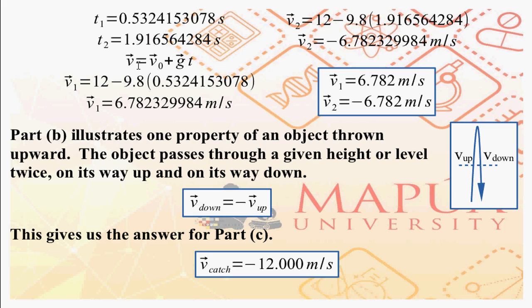We are able to calculate the two values of the velocity. V1 for time t1 is equal to 6.7823 meters per second. And for time t2, V2 is equal to negative